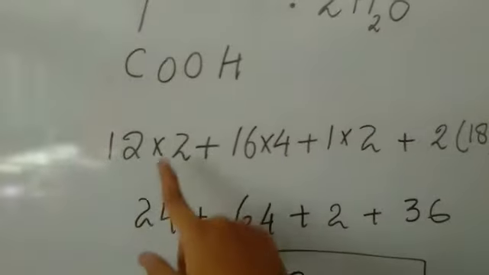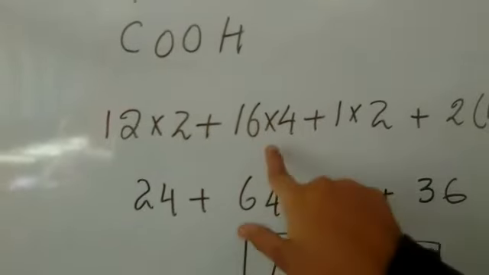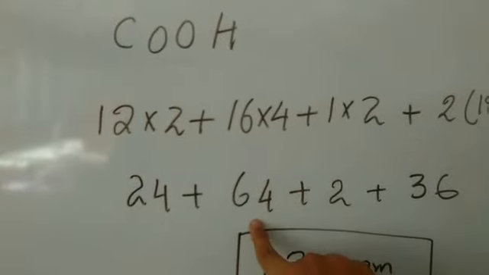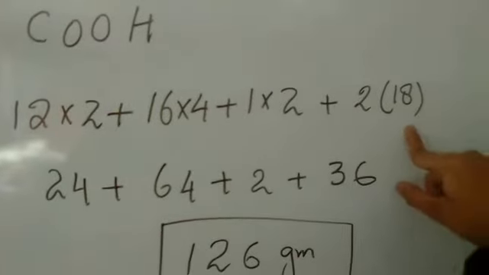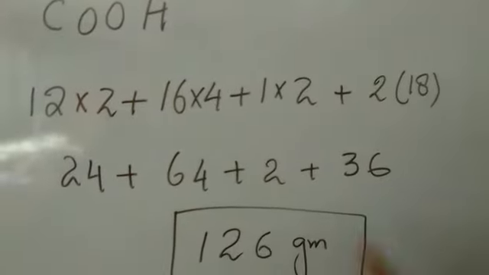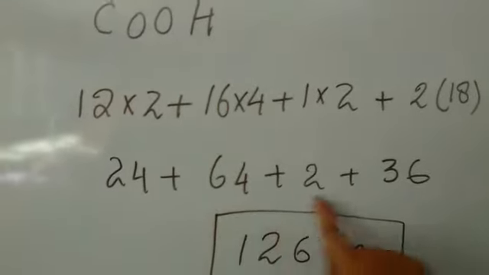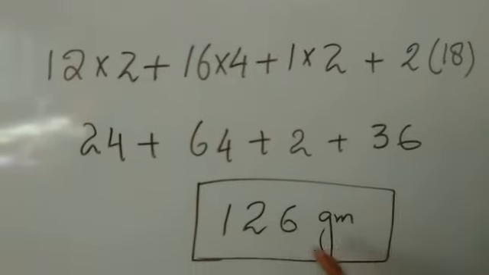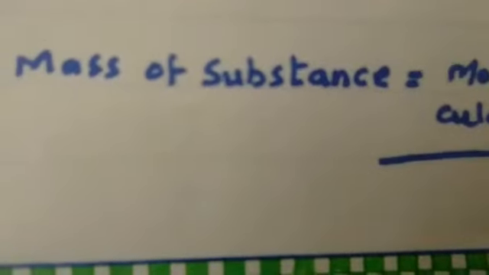So 12 multiplied by 2 is 24, plus 16 multiplied by 4 is 64, 1 multiplied by 2 is 2, plus 2 multiplied by 18 is 36. Now we add all numbers and the answer becomes 126 gram. Mass of oxalic acid for 100 ml. Now I am solving